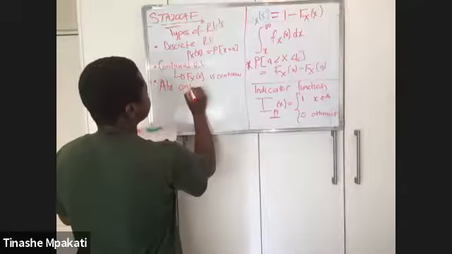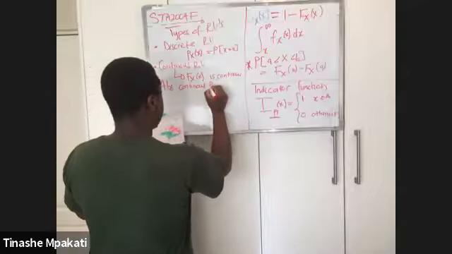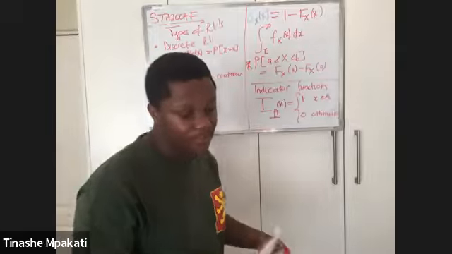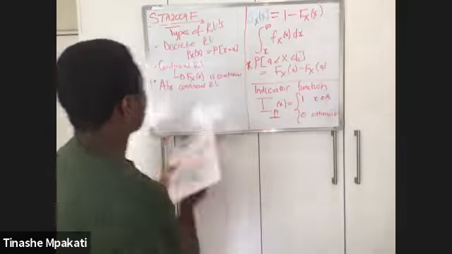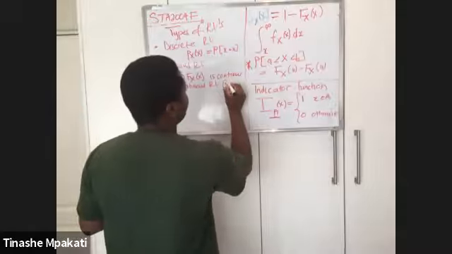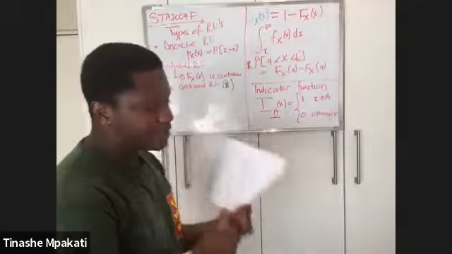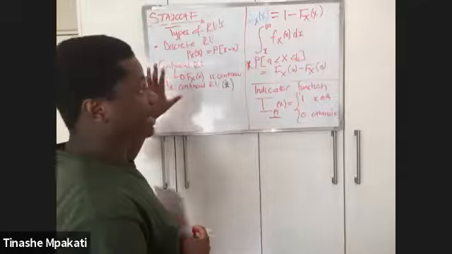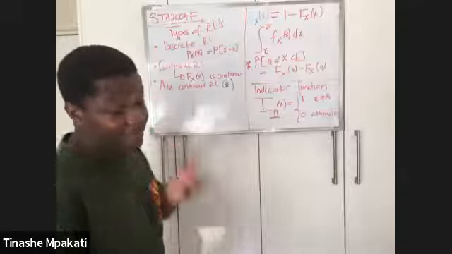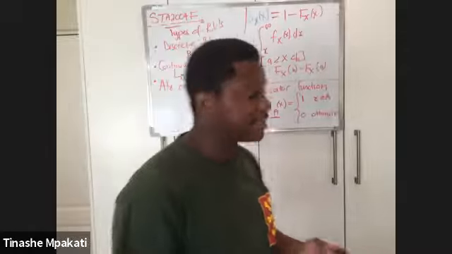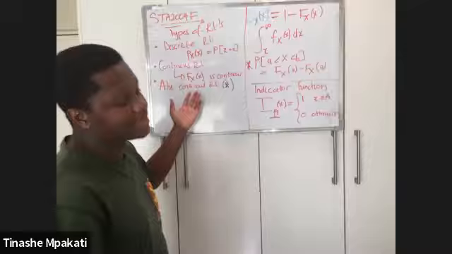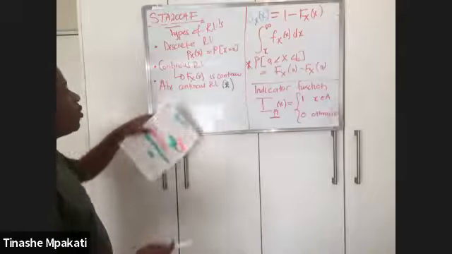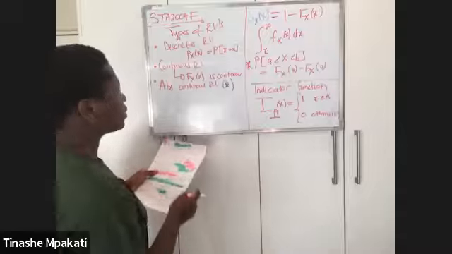Absolutely continuous random variable. There's one example that we're going to look at where I am going to show you how you show if a random variable is absolutely continuous. Because it can happen that a question will ask you to find the CDF of some random variable. Then the follow-up question, which I've seen in your past OTs, could be asking you if X is absolutely continuous or not. I'll go over how you will show that a random variable is absolutely continuous.